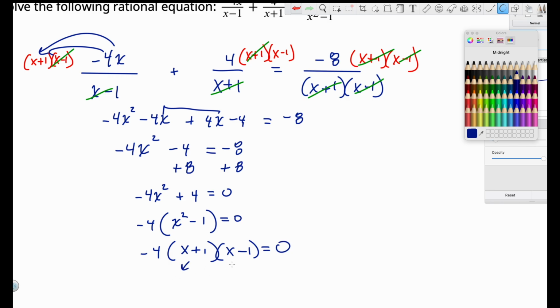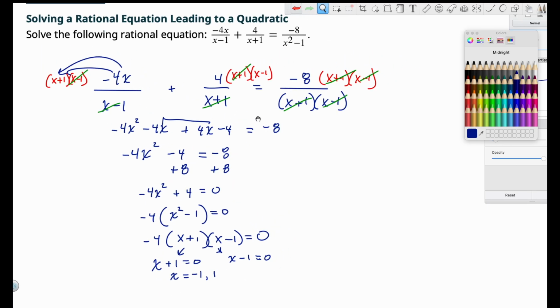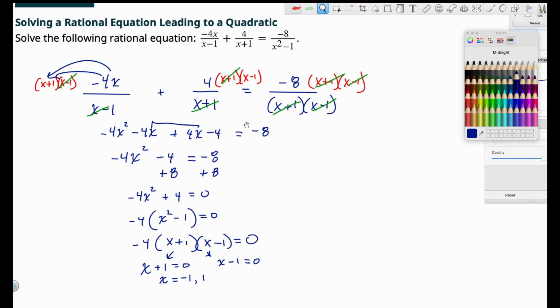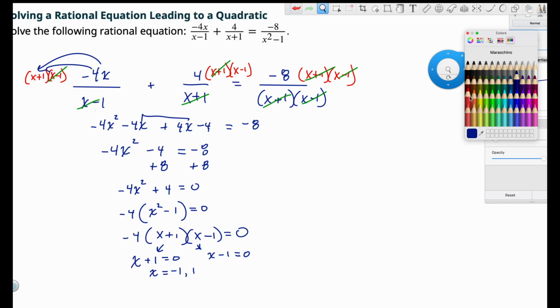So when we use the multiplicative property of 0, if I were to write this out again, it's x plus 1, we're setting it equal to 0, and this one we have x minus 1, we're setting equal to 0, and then we solve, we get x is negative 1 and 1. And we think, oh, we're done. That's our solution. But wait, we have to be careful about